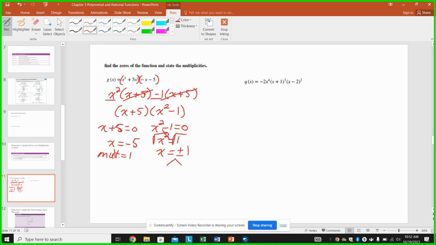So technically I got x equals negative 1 and x equals positive 1. How many times did I get each one of those numbers? Just once. So the square here applied so that I got a positive and negative 1. Had I had the square outside the parentheses, that would then tell me I got it more than once. So both of these have a multiplicity